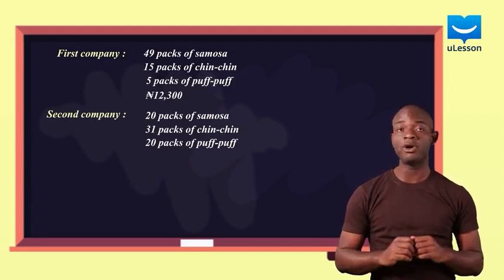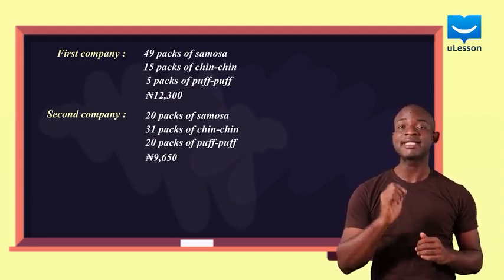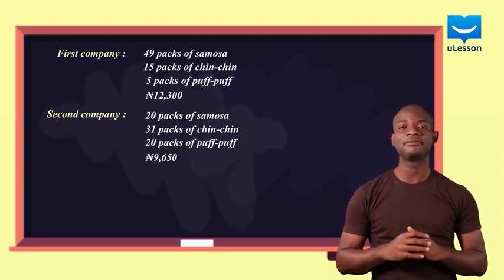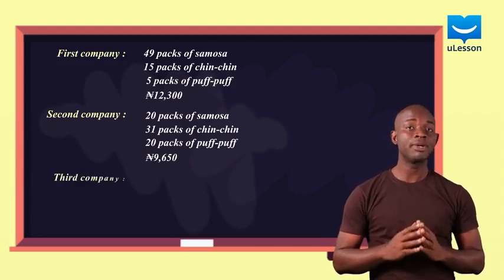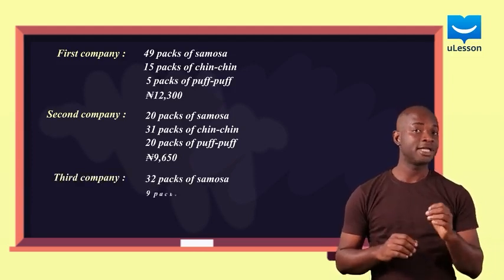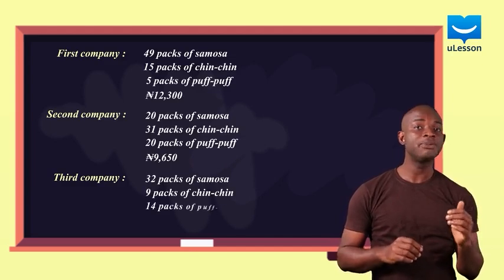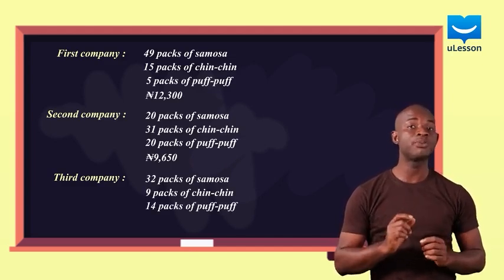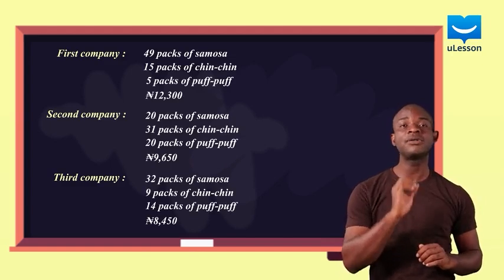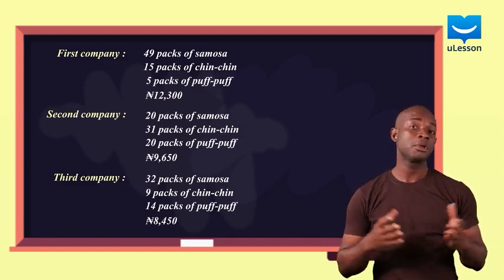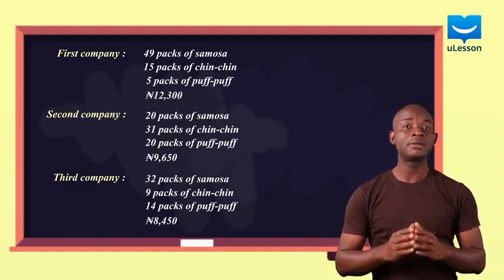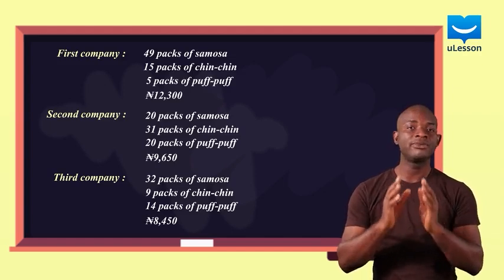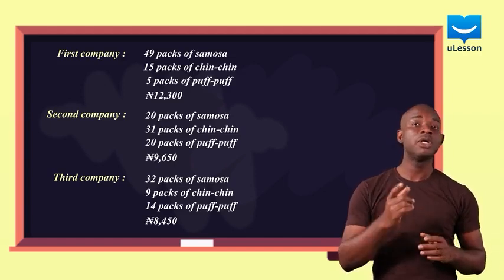respectively a sum of 9,650 naira. While the last company placed an order for 32, 9, and 14 packs of samosa, chin-chin, and puff-puff respectively and were to pay 8,450 naira. TJ wanted to find out the unit cost of each of these snacks, so he wrote the cost